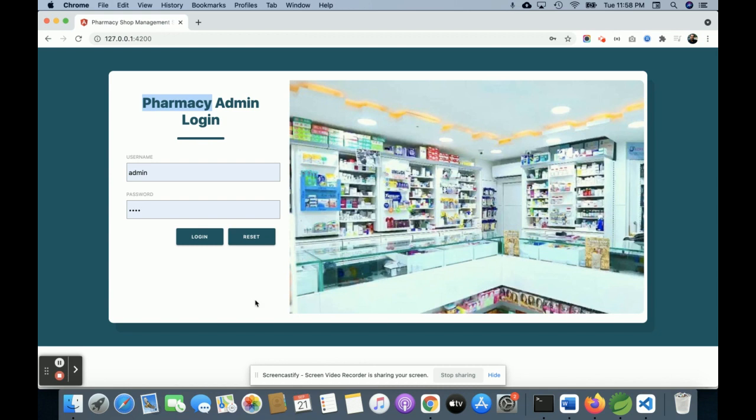Hello, friends. Welcome again. This is my new project, Pharmacy Shop Management System. I have developed this project in Spring Boot, Angular, and for the database I'm using MySQL. And for the IDE, I'm using Visual Studio Code for coding that